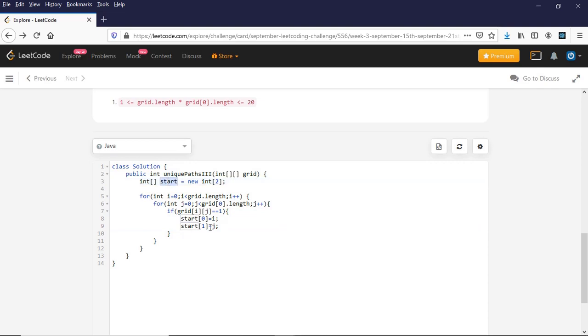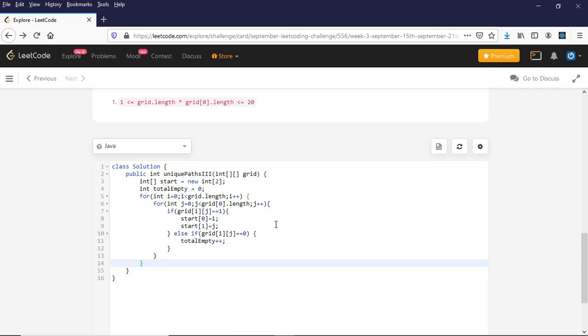So now since we are going over the grid, right, we can also track how many empty cells we have, right? And we can make use of this variable where we have stored the empty cells later on while doing the DFS. So that way we'll know whether we have covered all the empty cells or not, right? So let's do that. So I've added a condition here. If grid of ij equal to 0, which is for the empty cell, then total empty plus plus. So that way I'll know how many total empty cells we have, right?